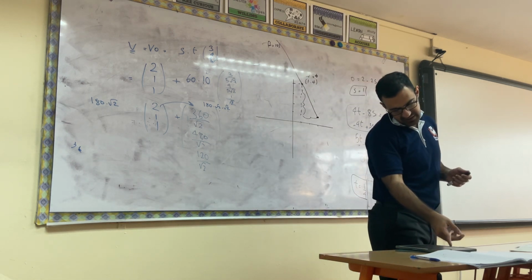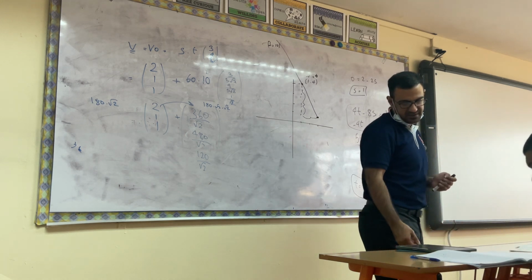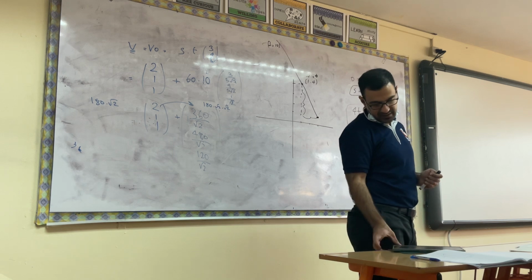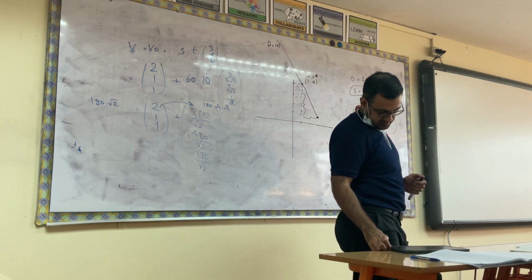The second one is: find the velocity and speed of the object. Okay. How should you do that? It depends on the equations. So they have an initial